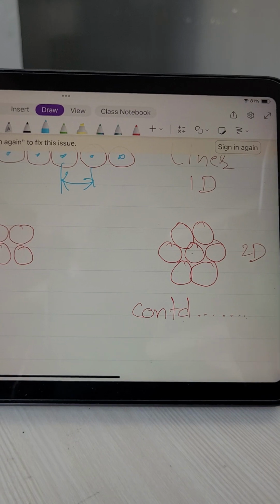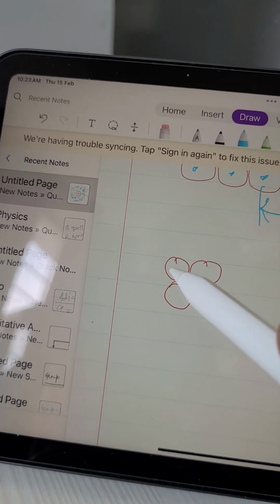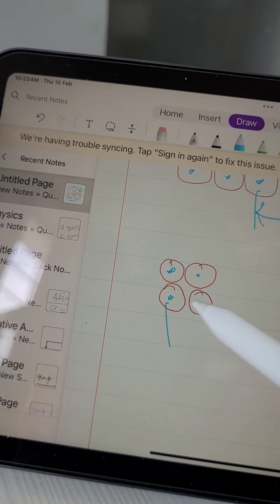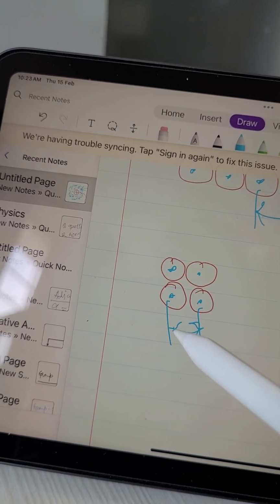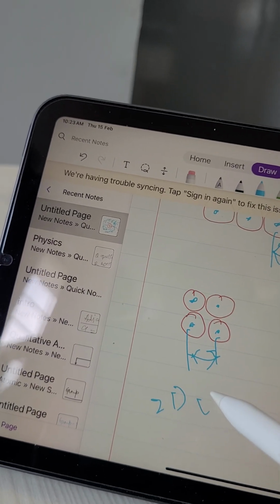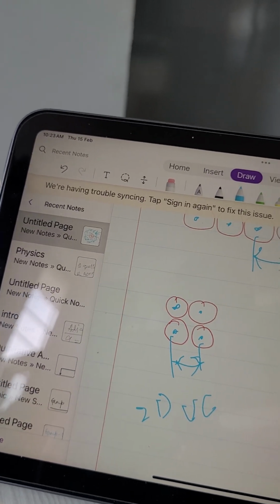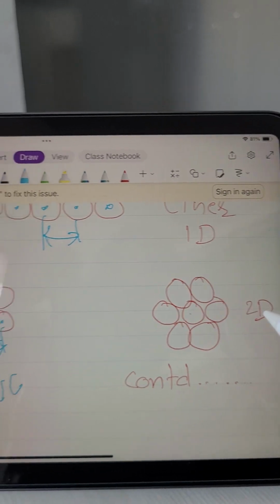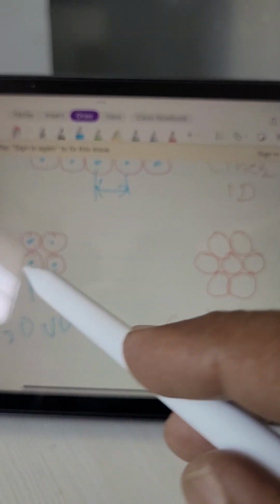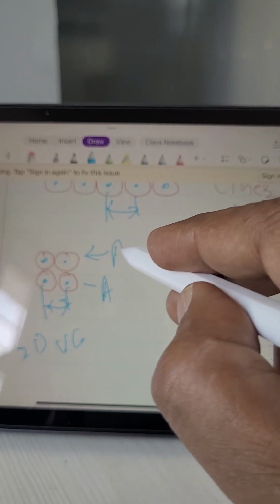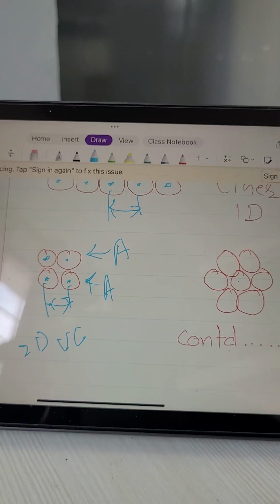In 2D there will be 2 types of arrangement. One could be square, meaning this center, this center, this center, this center, and the distance between them. These are basically 2D unit cells. Now this is the 2D unit cell with hexagonal packing. Now you can observe the difference. Here, if I call it layer A, then it is again layer A. Both layers are the same. Understood?